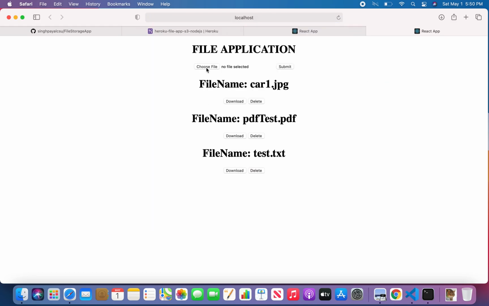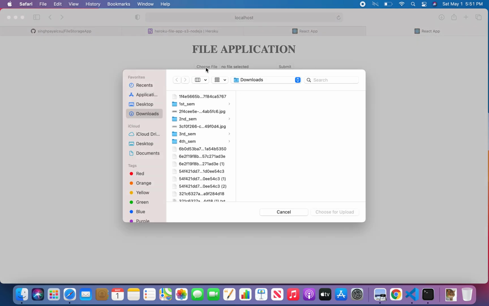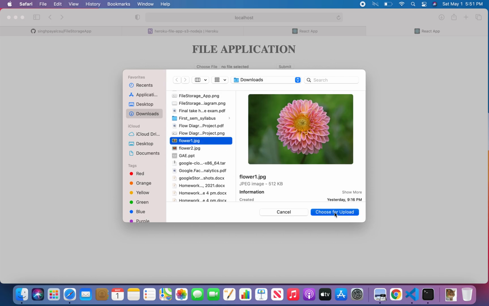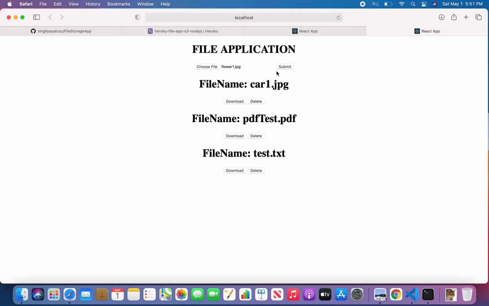Now let me show you uploading a file. If I want to upload flower1.jpg and I click on submit, this request goes to the server, and the server interacts with S3 and the IAM role itself, and then it gets a response from the server.